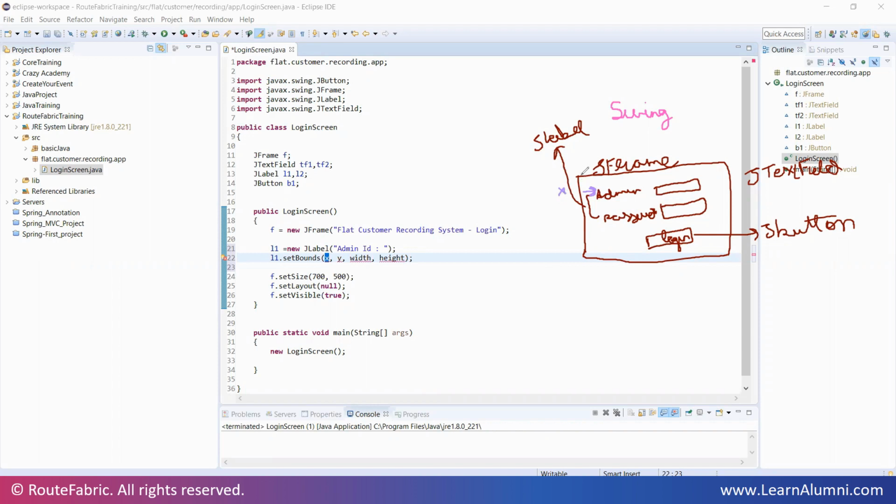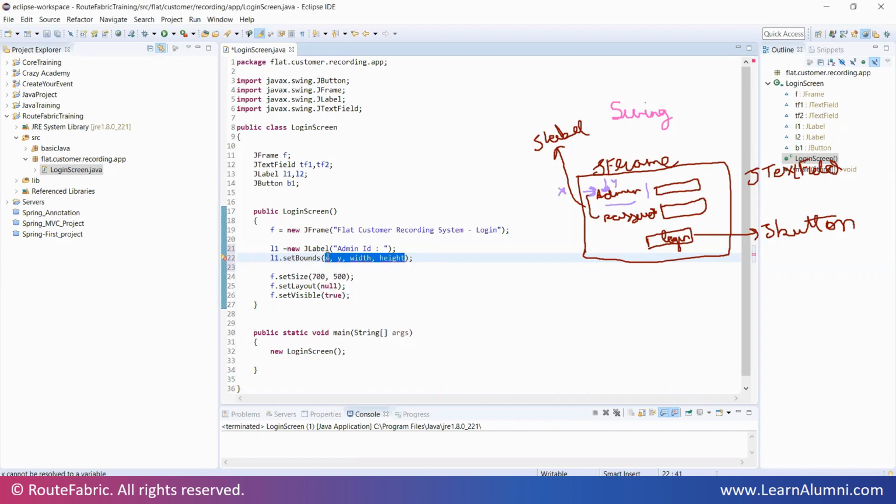The y-axis means how far down you want your label or text field to be. Then height and breadth mean how long and how broad it will be. This applies to anything, whether it is a label, text field, button, or radio button. We need to set the bounds of it. So I will apply it on 100.